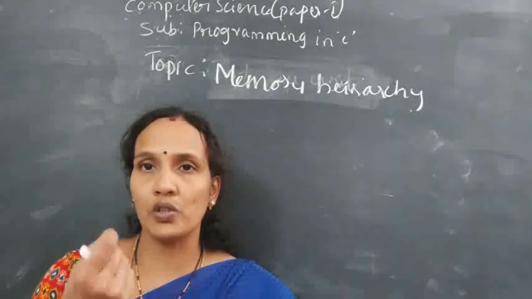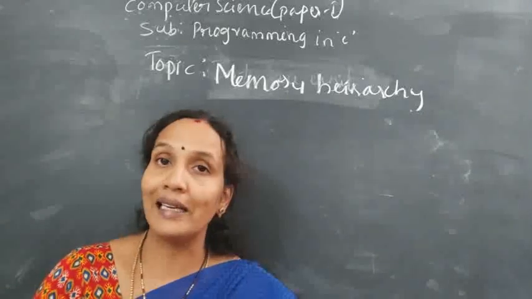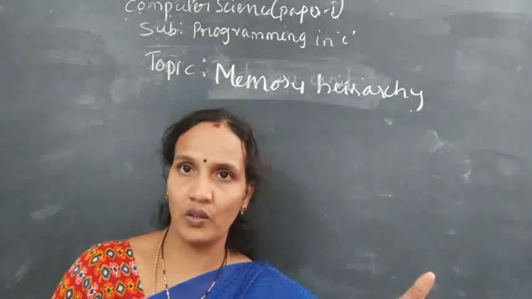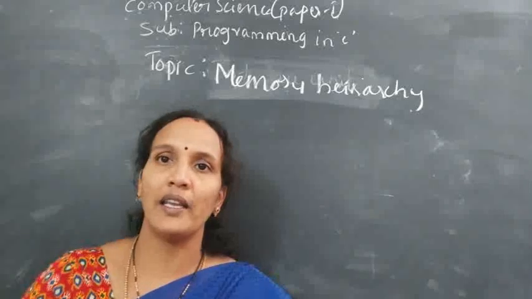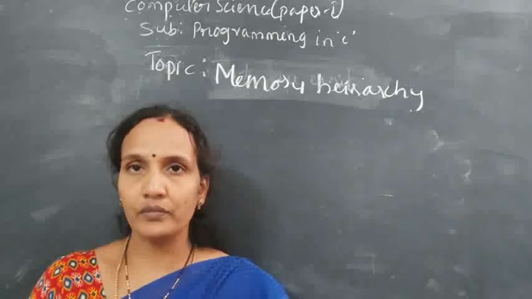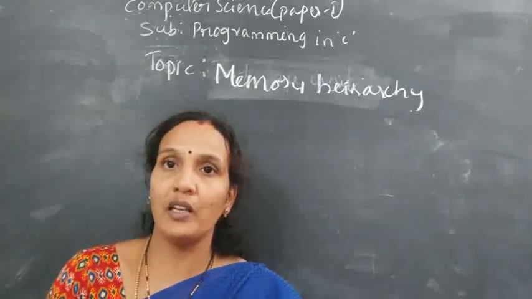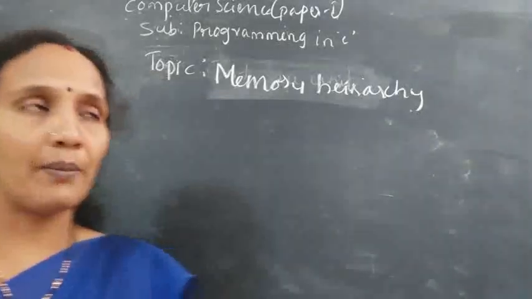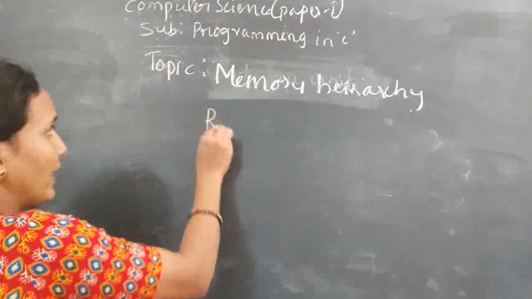So it depends on the storage. Here we have different levels of the storage unit, means from the smallest storage unit to the biggest storage. That level is called a hierarchy. First level, second level, third level, fourth level. The total memory of the system can be explained with the help of the hierarchy also. Okay, so here for example, when you take the hierarchy of the system, first one we have registers.